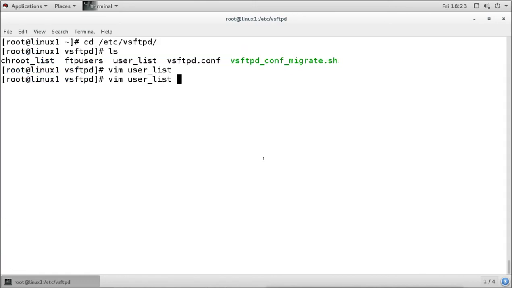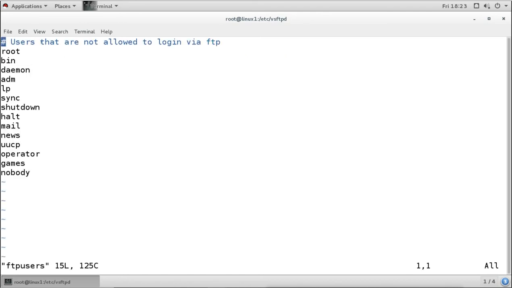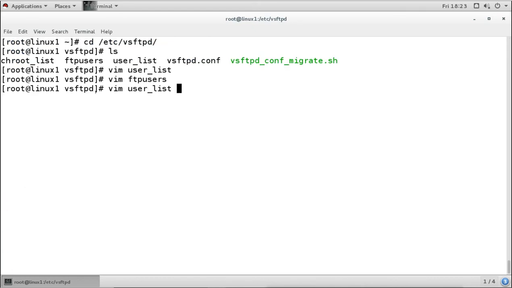This is the ftpusers file. It is a very simple file. It says users that are not allowed to log in via FTP. Simple. If your name is here, you are not able to log in, and if the user root is there, then root is not able to log in. If you want to allow someone, remove the username, and if you want to deny someone, add that username here. Like I want to add user1 here. That means user1 will not be allowed, just like the root user, and the root user will be allowed because we have removed its name from there.